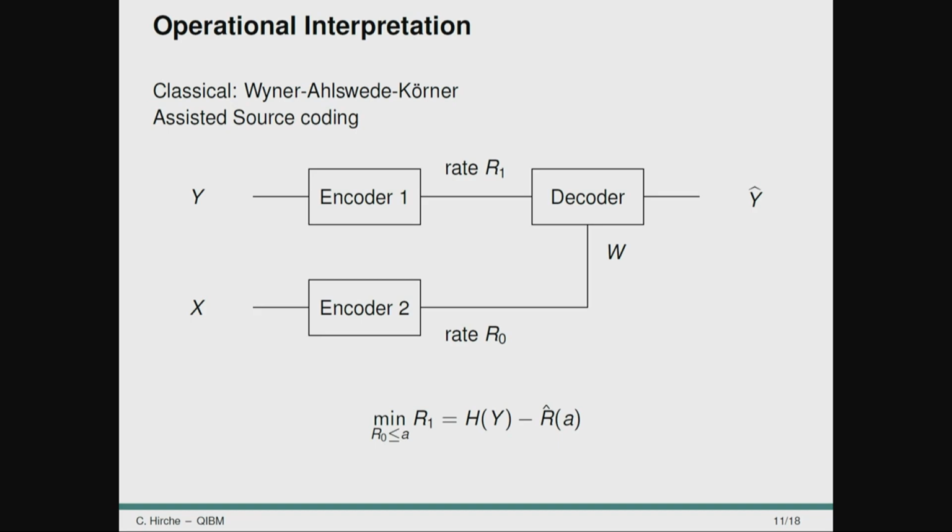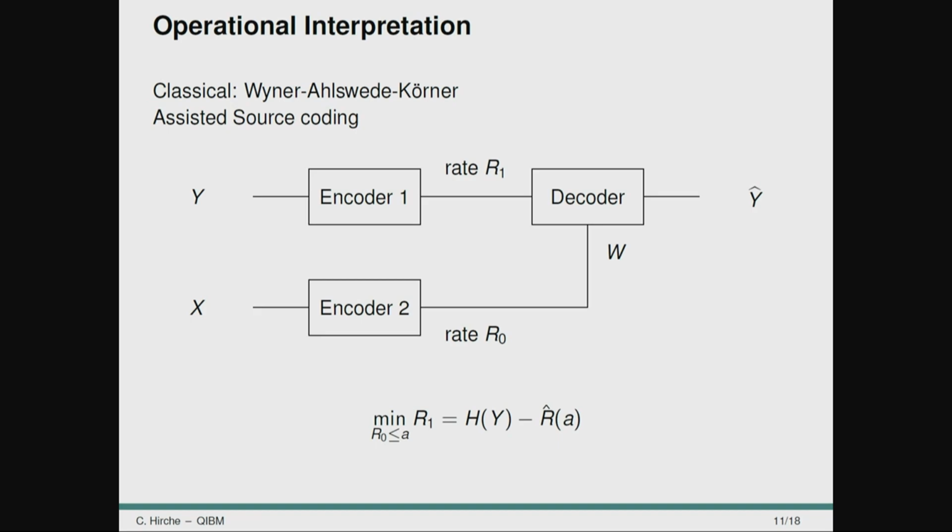So here you have a joint probability distribution, x, y. Each of them is owned by a party, and they can encode them. And the goal is to, after the procedure, recover the information in y, while x just acts as a helper. That's why it's assisted source coding. And if I now limit the rate at which the helper can send information, it turns out that the optimal achievable rate is related by the equation on the bottom of the slide to the information bottleneck function.